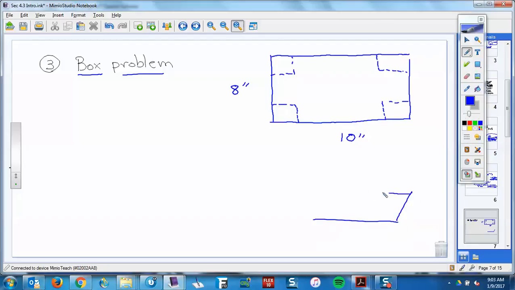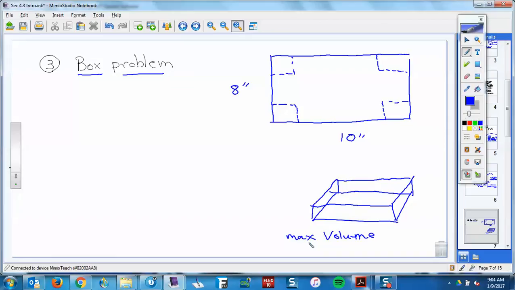And so it would be something like that when I get done, right? The question is, what size squares should I cut out so that this box has the max volume? That's the question. What size squares should I cut out of here so that this box will have the max volume? Because if I cut little tiny boxes out,